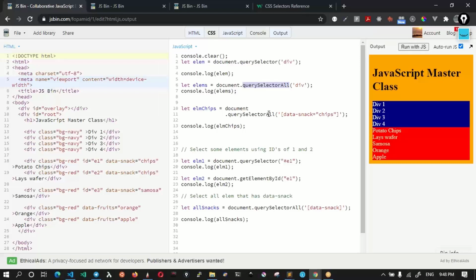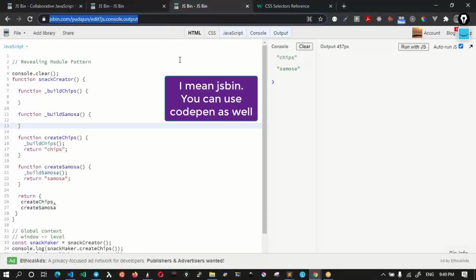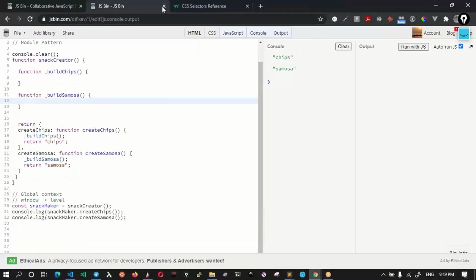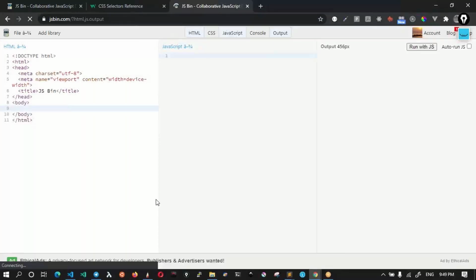Now we'll take one more small step at a time. The idea is to learn in bits and pieces, like a micro learning task. So what we will do today is try to understand more. I'll open up a new CodePen here, or JSBin. For the initial exercises I will be using JSBin or CodePen, so that I can directly share the URL with you and you can practice with me.